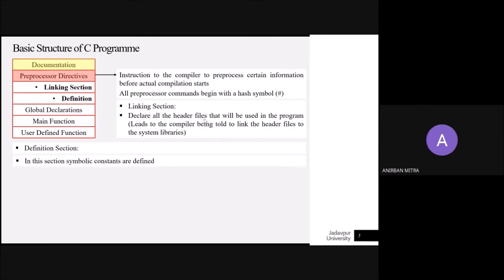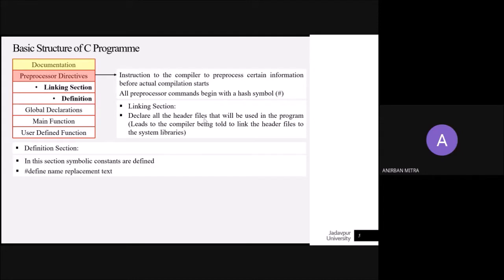Say you are writing a program to find out the area of a circle when the radius is provided. So you will need the value of pi. What you can do is, in this definition section, you can define the value of pi.